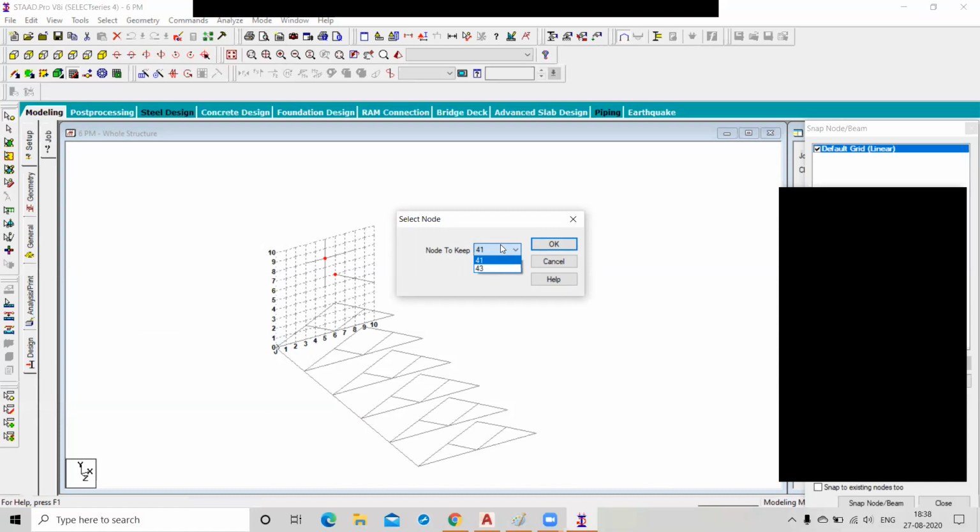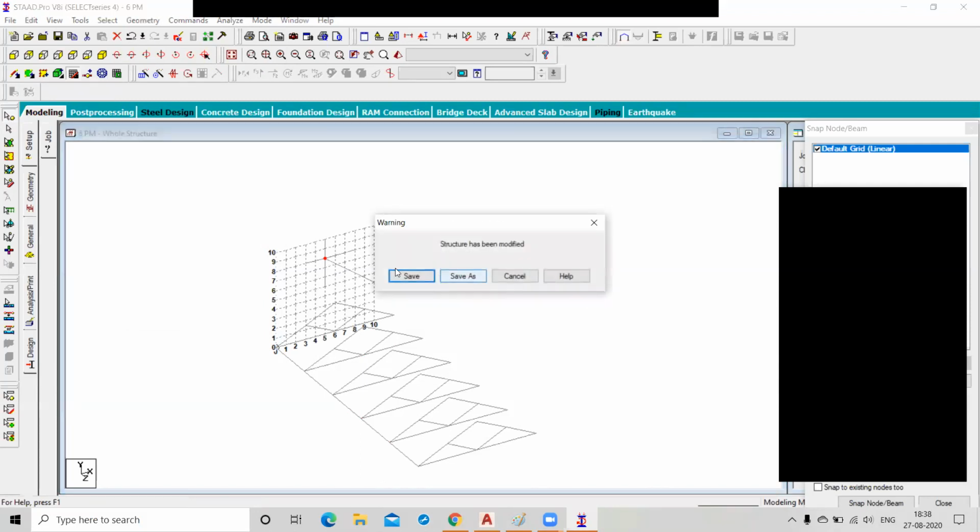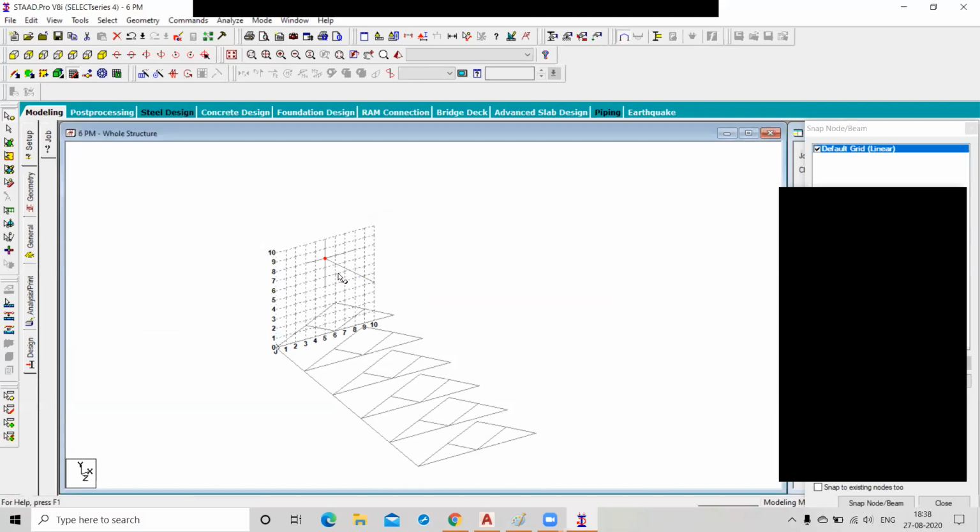Which node are you going to keep? 43. Do you know which node number is 43, this one or this one? Sorry, this node is 41 and the upper one is 43.